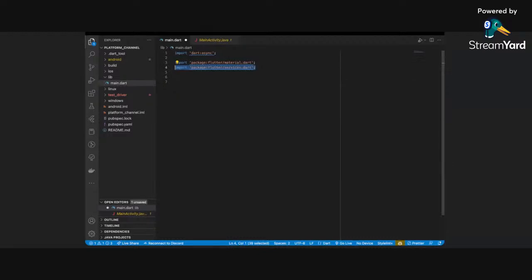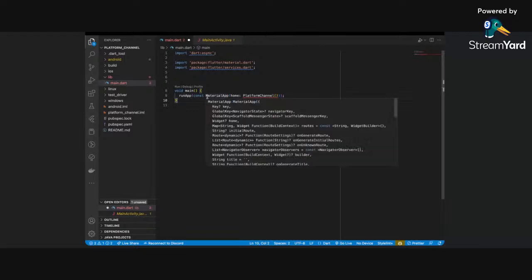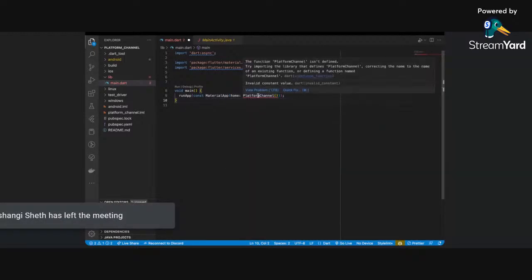The first step while building a platform specific implementation is to import the Flutter services.dart. And we need this to be able to access these platform services. We'll start off with the main.dart file, so we'll need a main function here. And this main function simply runs a material app which has a platform